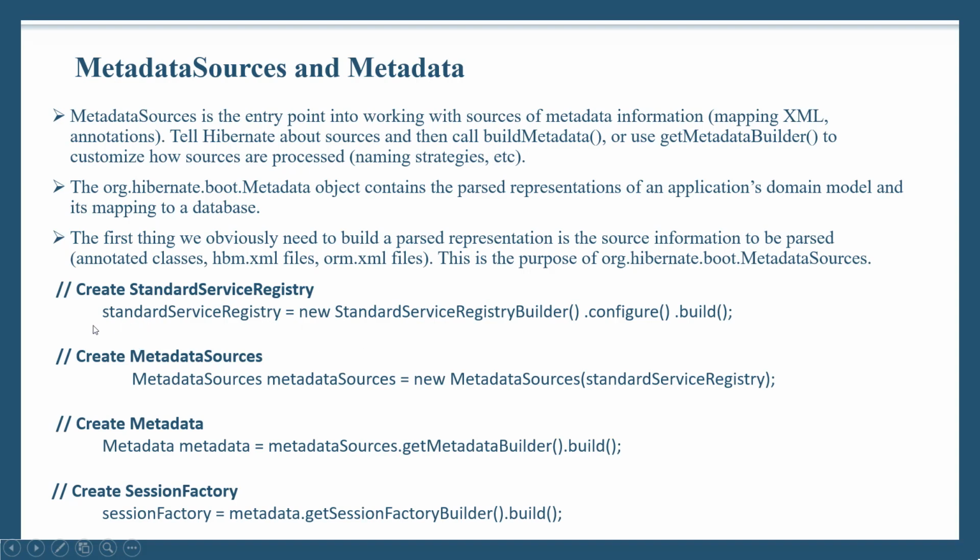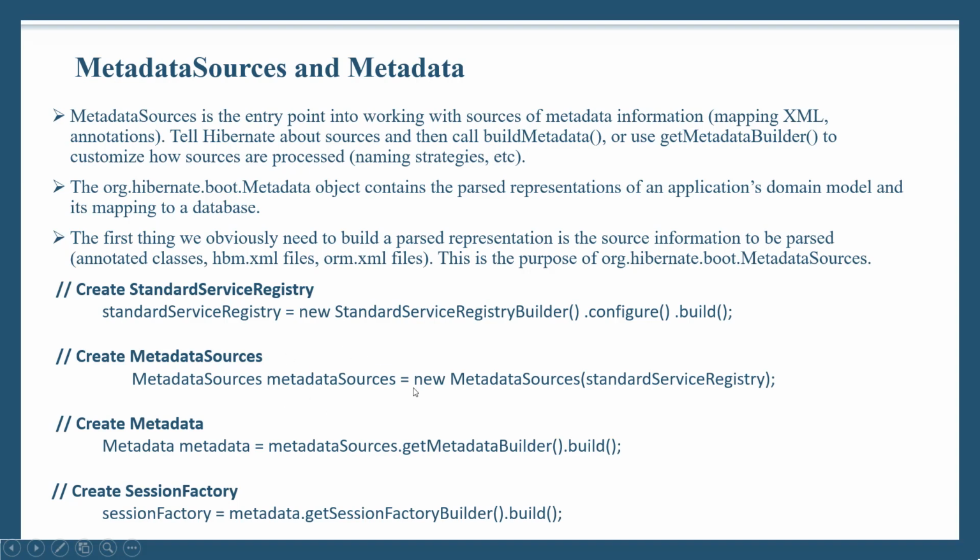And these are all the different steps which are required to create a session factory. We need to first call standard service registry builder, which returns the standard service registry, and then we can call the configure method on it to provide the configuration information about our mapping, which will give the details of the database, username, password, dialect and everything, and then build method can be called to obtain the standard service registry. Once we have the instance of standard service registry, then we need to obtain the metadata sources, and for that we need to pass this standard service registry as the parameter.